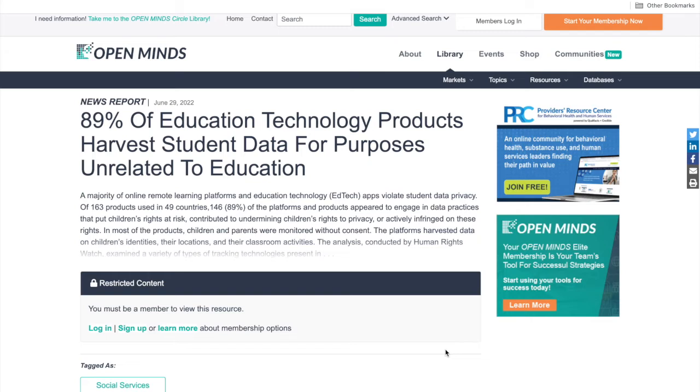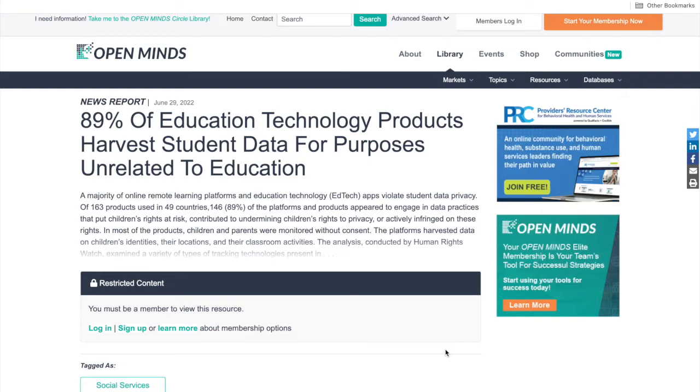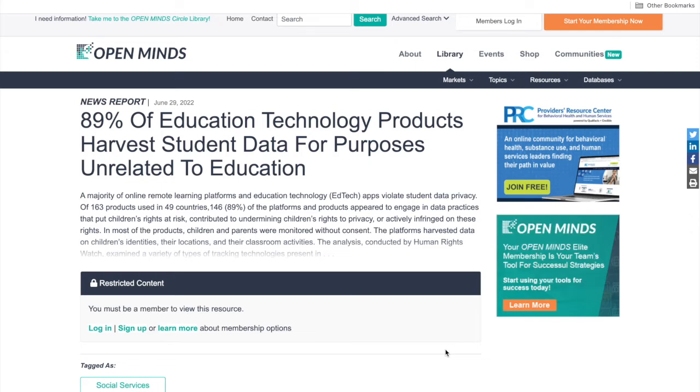89% of the platforms and products appear to engage in data practices that put children's rights at risk, contributed to undermining children's rights to privacy or actively infringe on these rights. In most of the products, children and parents were monitored without consent. The platform harvested data of children's identities, locations, and their classroom activities. The analysis conducted by the Human Rights Watch examined a variety of types of tracking technologies presented in these EdTech